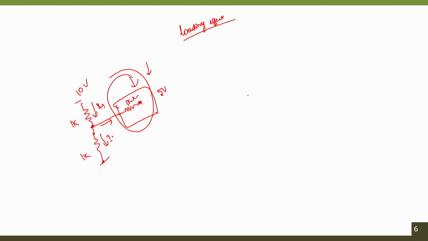Good. Now, so this is 10 volts, 1 kilo, 1 kilo. So, rather than me directly, now imagine that I have 10 volts. So, what do I get if it is 1 k? 5 volts. And most of you are aware of operational amplifiers, I hope. So, when we are dealing with the inverting amplifier configuration,